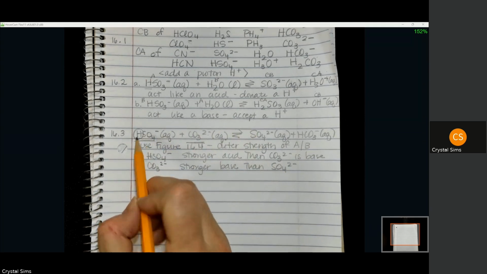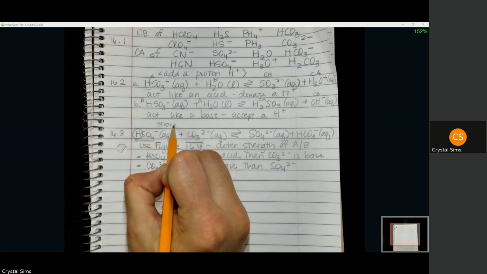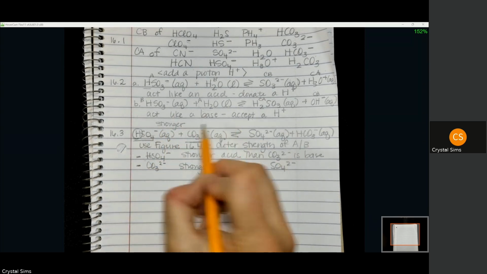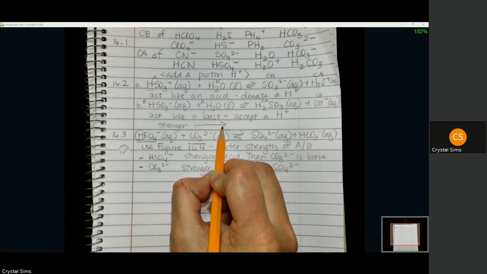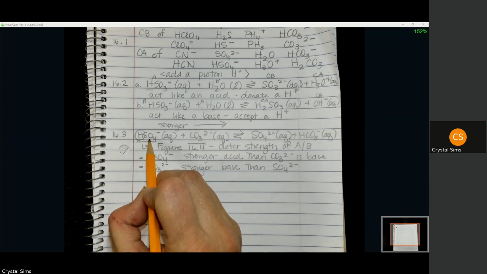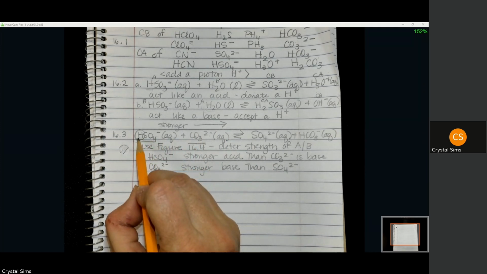So since our stronger ones are on the reactant side, then equilibrium is going to favor the production of the products. These are going to separate, and the hydrogen is going to separate from this,